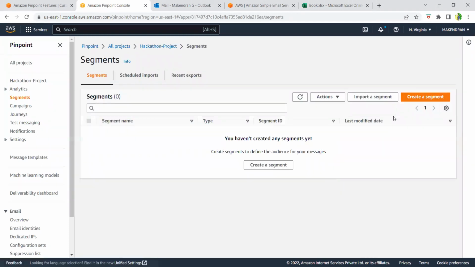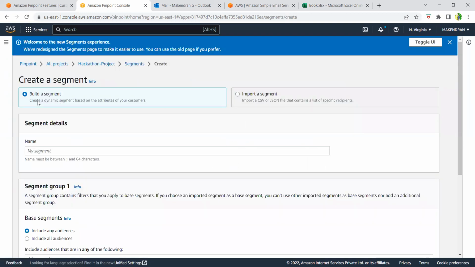Here I need to create a segment, or I can import a segment. When I click on create a segment, there will be two options. One is to create a dynamic segment based on the attributes, or otherwise I can import a segment based on a CSV or a JSON file. Basically, post registering for any event, we will get some kind of 100 email subscribers list, right? Those things we can easily place in a CSV file, and from that we can easily import